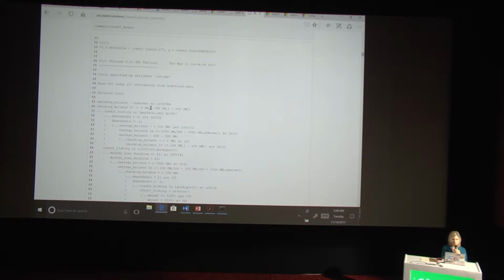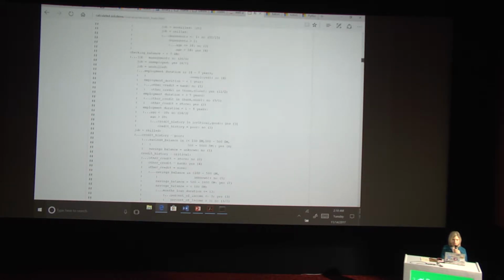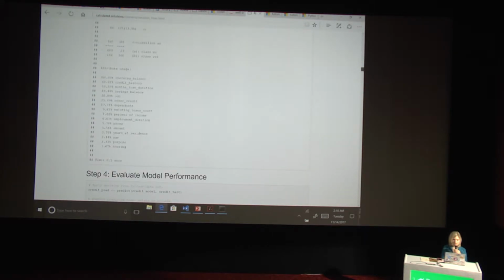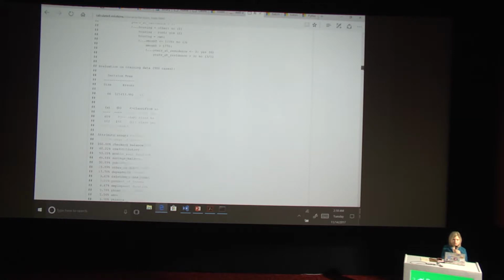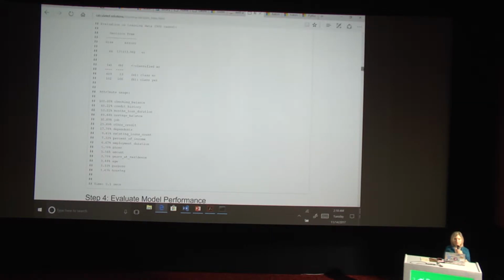And that is the decision tree that was implemented. So you can see here, in terms of outcome, what this decision tree looks like is the typical decision tree that you would expect to see. So it's cycling through each one of those features, and it's saying something to the effect of, okay, if this person has greater than $200 or 200 Deutsche Marks in their checking balance and a pretty good credit history, and the month's loan duration is long enough, then yes, it looks like they will always be good on their loan,